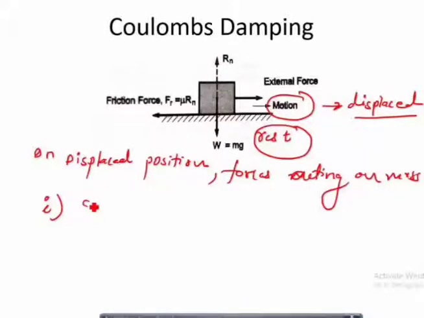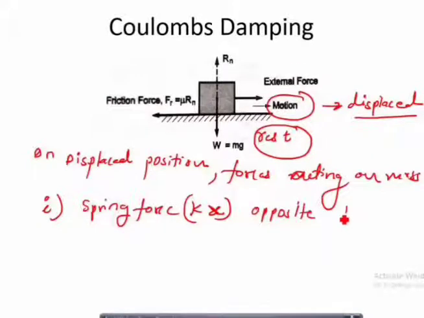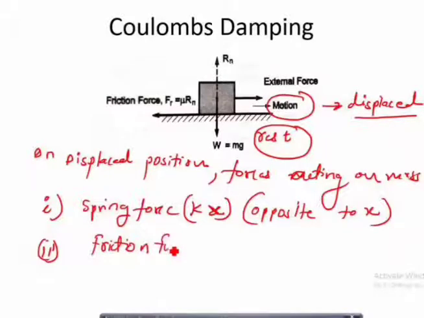are, first, the spring force, right? The spring force is given by K into X, that is K into displacement. Now it is opposite to displacement. The spring force is opposite to X, where X means displacement. The second force acting on the mass is the friction force. Now instead of damping force, we will have a friction force. I am repeating again, this frictional force is itself acting as a damping force. So the frictional force is given by Fr and it is opposite to velocity. What is velocity? X dot.